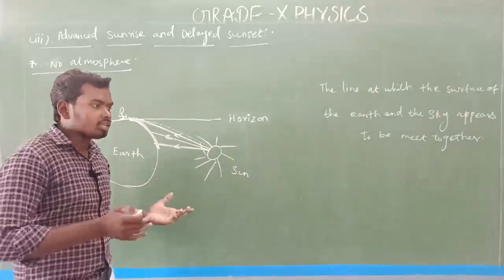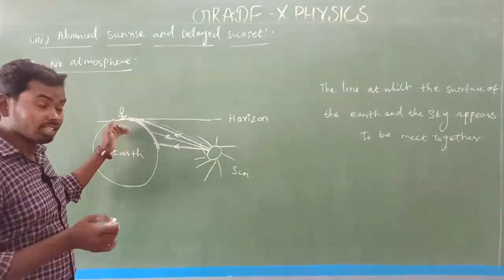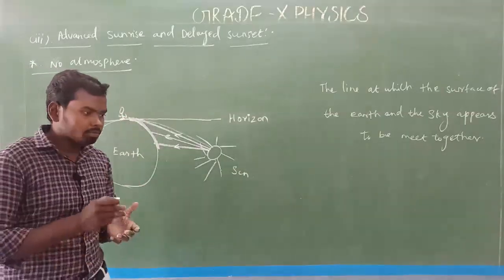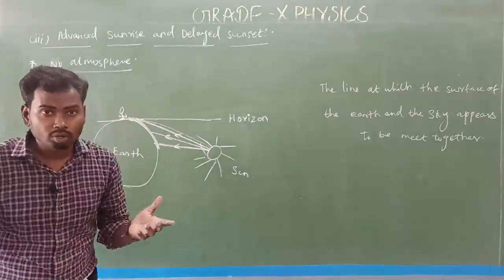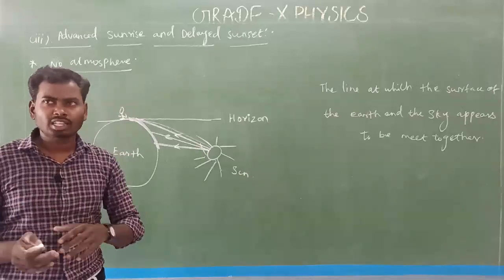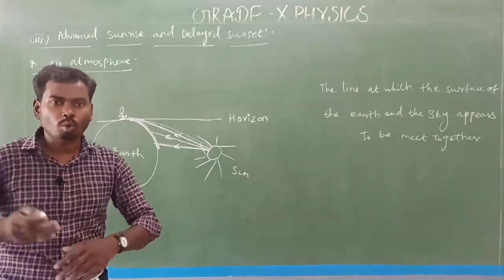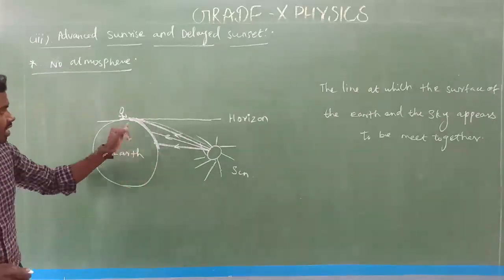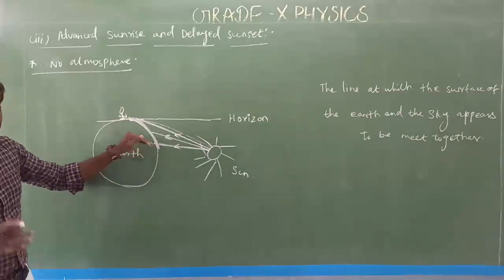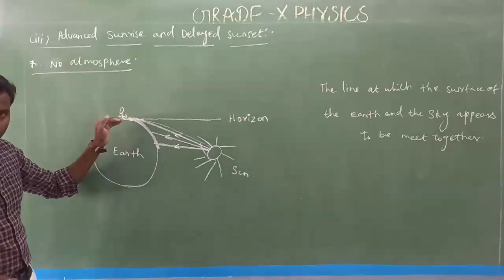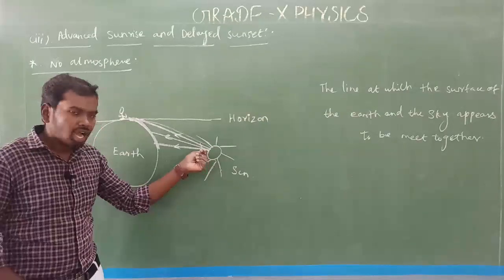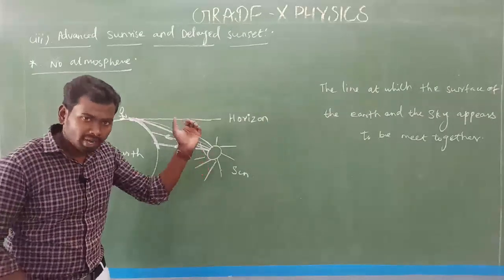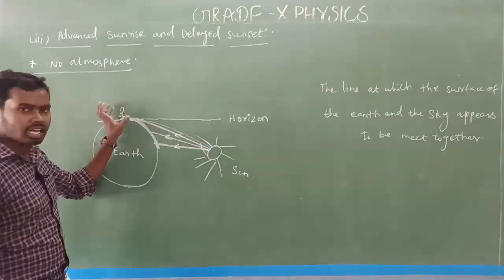The Earth's surface is made up of different mountains: tall mountains, small mountains, tall buildings, craters, so many things. As well as that, the Earth's surface is not a flat surface, it is a curved surface. So whenever the light rays are coming from the sun placed below the horizon, we cannot see the sunlight.